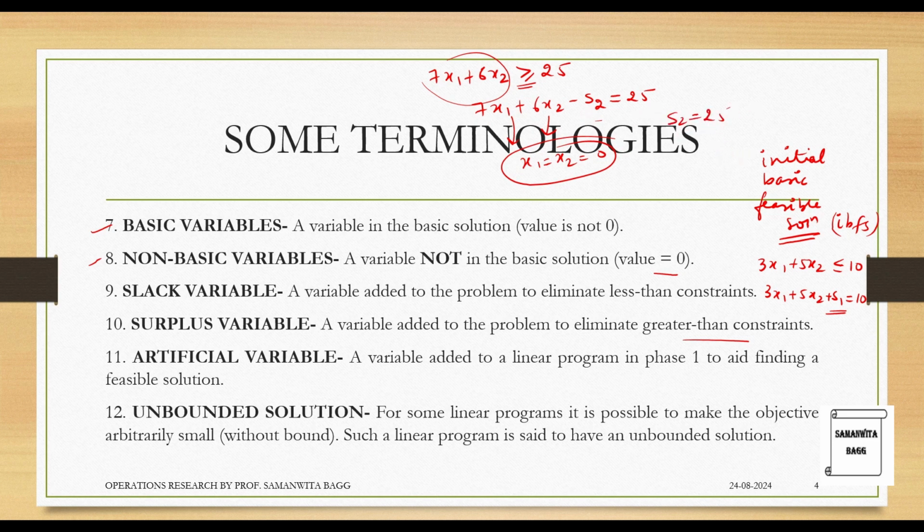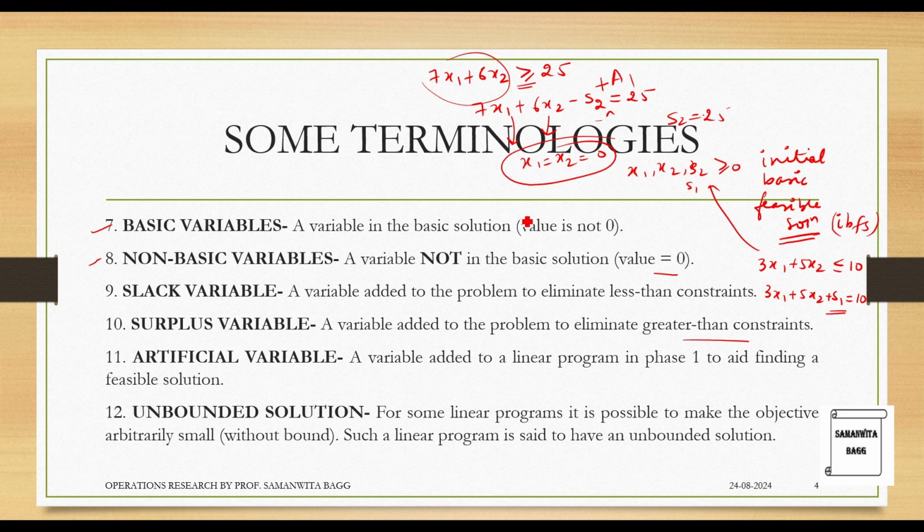Now there is something called the non-negativity constraint, wherein x1, x2, S2, all should be greater than or equal to 0, including S1. These variables cannot be negative. And if you observe here, S2 is coming out to be minus 25. So if you don't want to have a minus 25, what you do in artificial variable problems is add one more variable here. This is called the artificial variable.